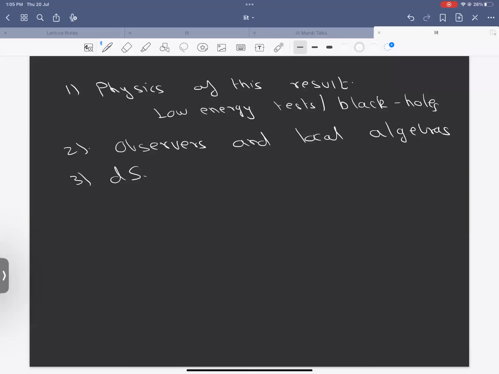Sorry, but maybe you'll touch upon this tomorrow as well. You mentioned that in defining the local notion of the algebra, you always have to dress it with respect to some observer or some world line. But there was a recent paper by Kyriakos and others who tried to dress it with respect to curvature invariants. Sure, you can dress it with respect to some other thing. The observer doesn't have to be a physical observer.